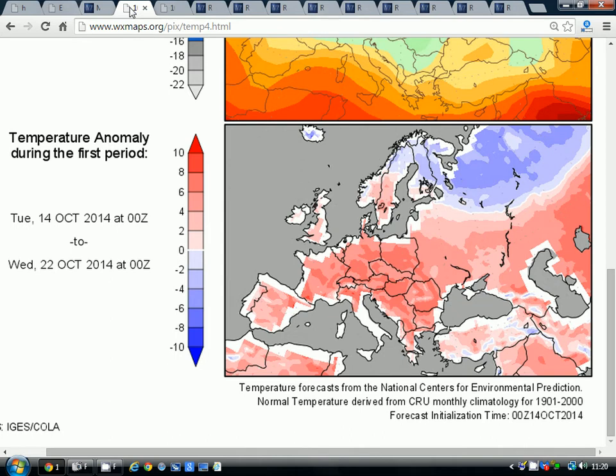The temperature anomaly for the coming week, the 14th to 22nd, is going to be warmer than average, and of course we're getting that push of warm air from the south coming up at the end of the week and into the weekend, so temperatures will be going above average for a few days in those red colours. Notice how warm it is across most of Europe, although winter is lurking up over Russia with all those blue